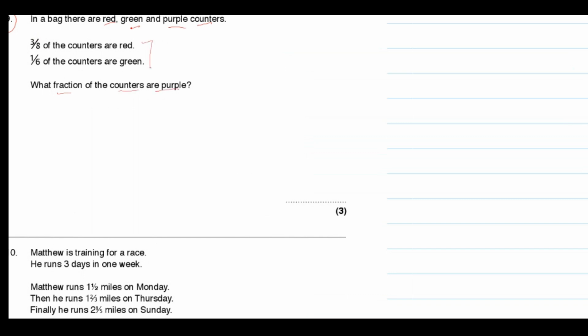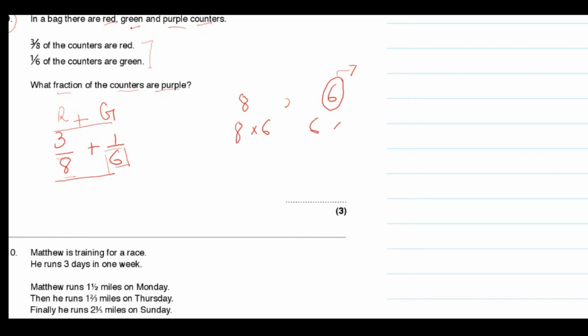So the given ones are the red and green. So what we can do, we can add the fractions 3/8 and 1/6. Okay. So for adding these fractions, again, you need to make the denominators equal. Alright, so here you have 8 and 6. You can't find 8 in the times table of 6. So what else you need to do, you have to multiply both numbers with each other,